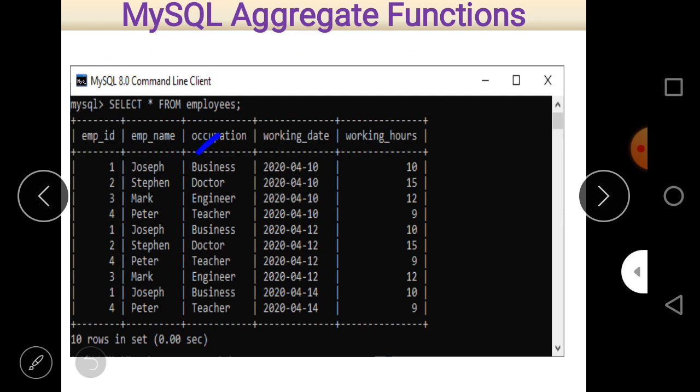So on the basis of occupation, we make certain groups and then calculate the average for each occupation. It means, suppose business appears here 1, 2 and 3 times, with 10, then 10, and then 10. So the total is 30, I think, if I am not wrong.